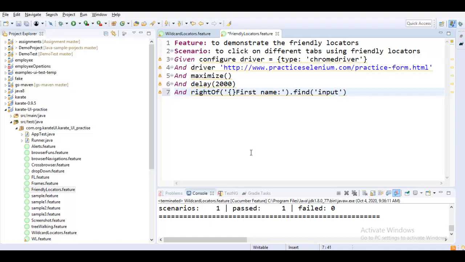Yeah, so you have given first name as a reference element, and you are asking me to go and find an element which is present right towards it. But can you also help me with the tag name, which tag I should be looking for? So I'm helping my script that it is going to be input, and then I would just say input is the function we already know. I'll say that I'll send keys.